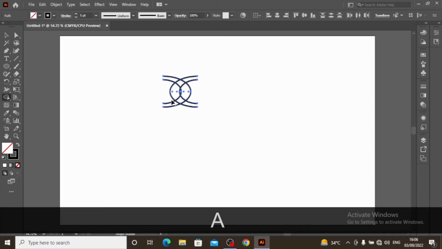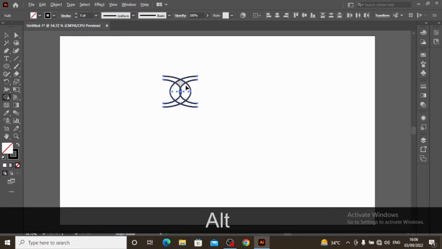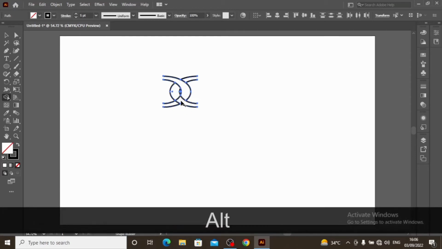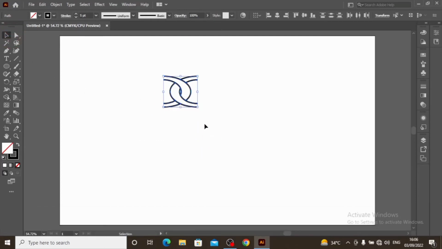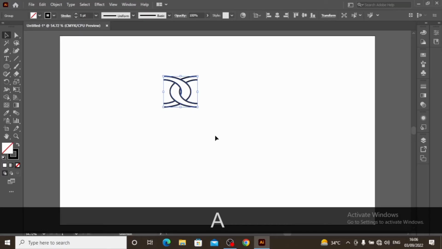Okay, now select all and take the shape builder tool and remove these lines by clicking with Alt. Click with Alt. Yeah, I think now it's perfect. Right click, arrange, make it a group,